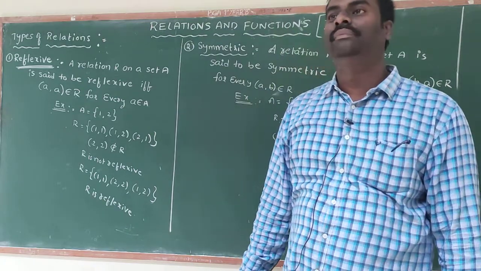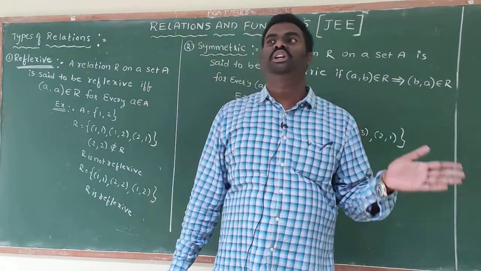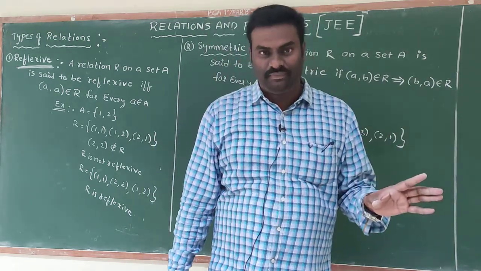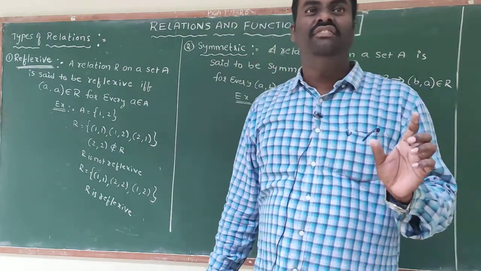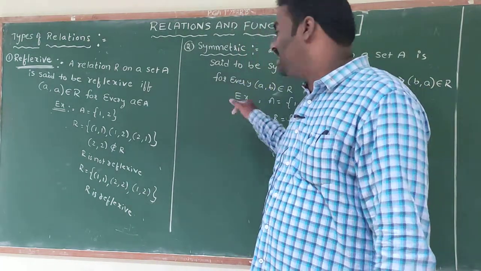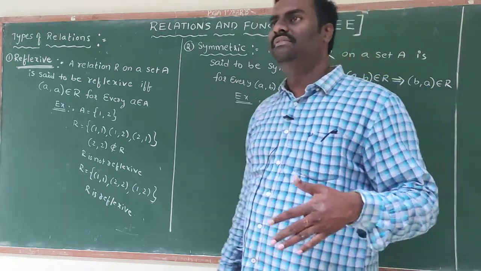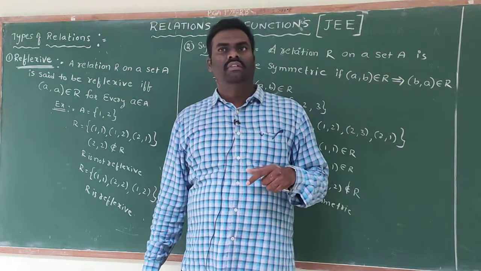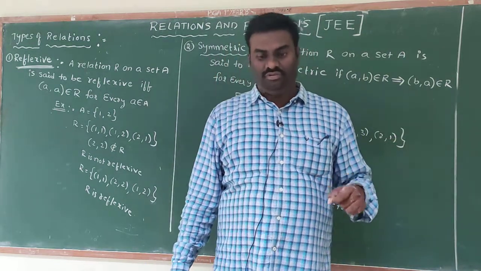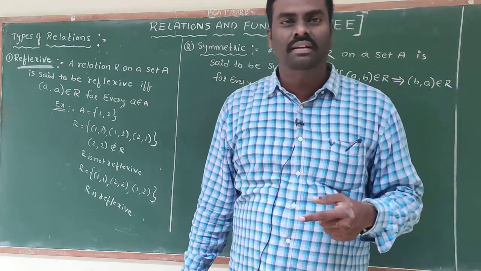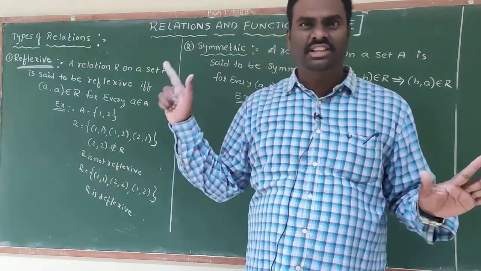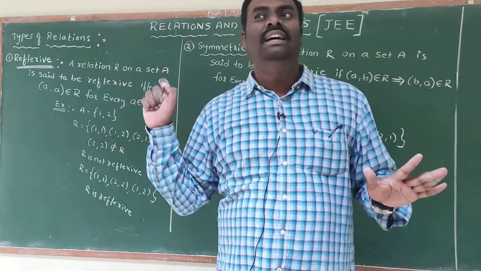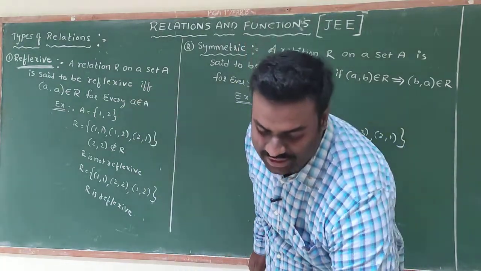Symmetric relation. Students, one important point you need to remember. If you want to verify a symmetric relation, first you need to verify for every pair which is present in the relation. Sometimes, for example, if a relation contains 8 pairs, for 7 pairs it is possible, for 1 pair it is not possible, then overall it is not possible. It has to satisfy the condition for every pair which is present in the relation R. So this is the symmetric relation.